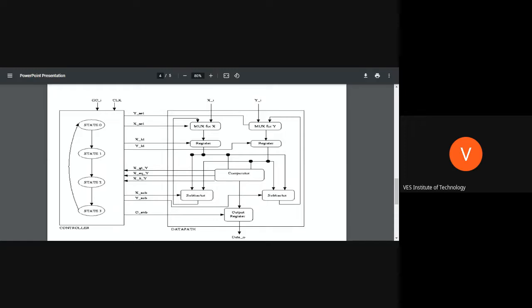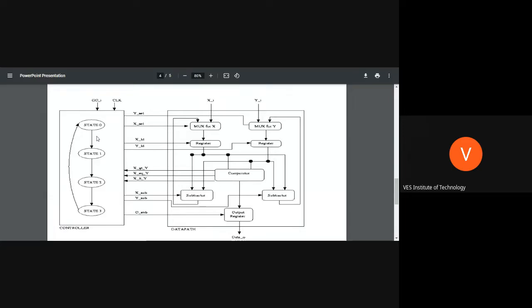Because if the subtracted value will be greater, then you have to replace it, because x is equal to x minus y happens. At that time you can't take x, you have to take the subtracted value. If b is equal to b minus a, say y is equal to y minus x happens, then you have to take the subtractor value, you can't take y. So these numbers will not be used later on, only the subtracted values will be used, and this selection will be done by the controller.